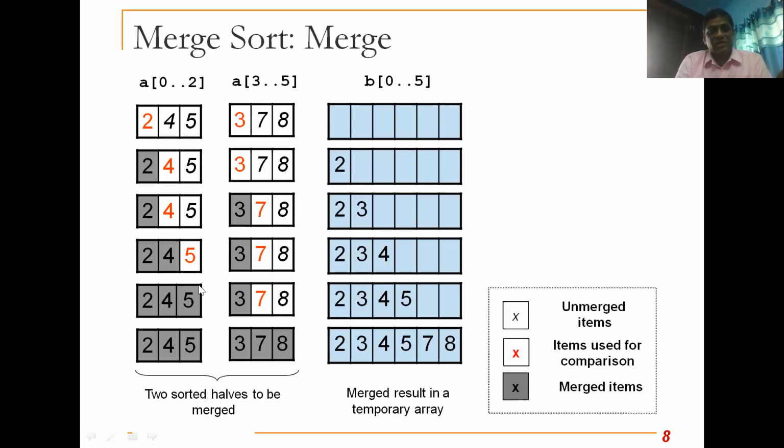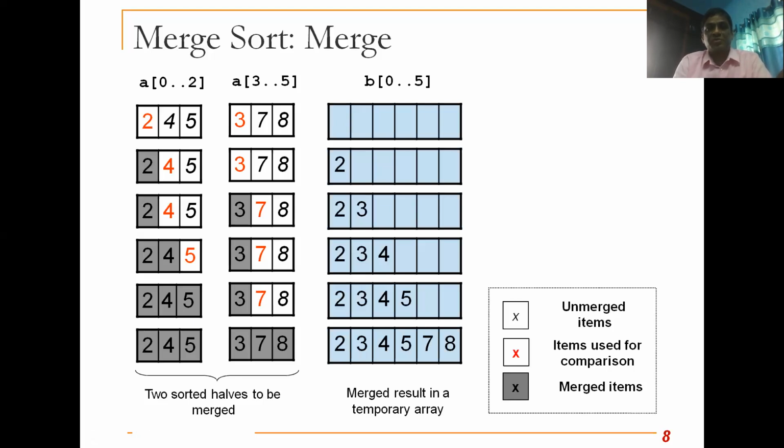And we move the pointer out of this list. So whenever a list is completed, that means there are no elements to compare. It means the merge operation is finished. And what you need to do is, there may be elements in the other list. You just copy those remaining elements 7 and 8 into the array B. So you will get 2, 3, 4, 5, 7, 8. So what exactly is done over here? We consider the elements from the first list and elements from the second list. We compare one element at a time from both the lists.